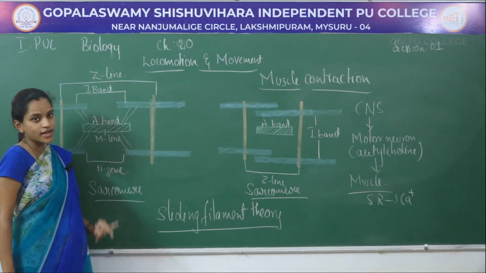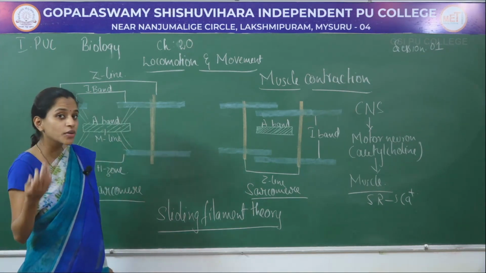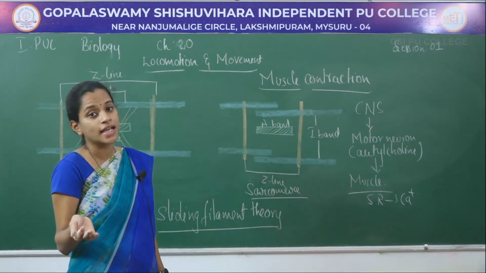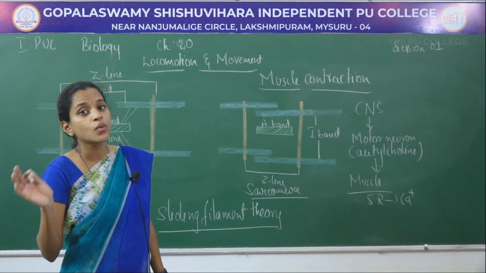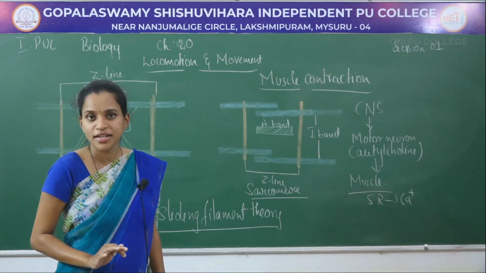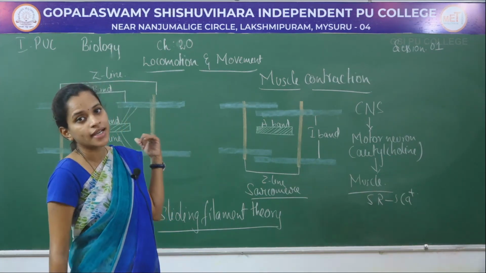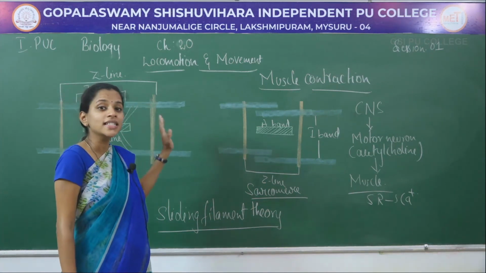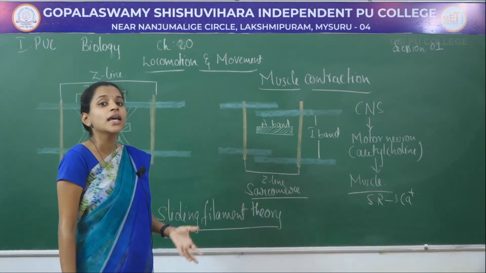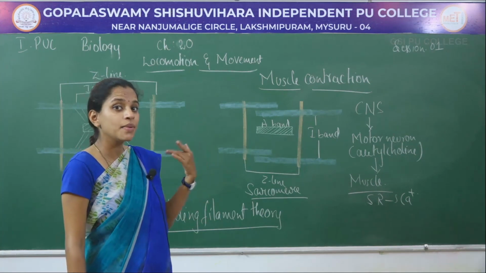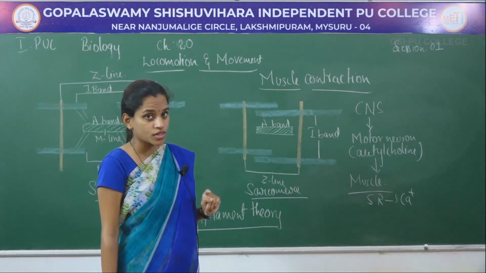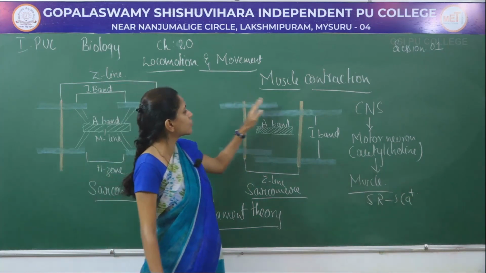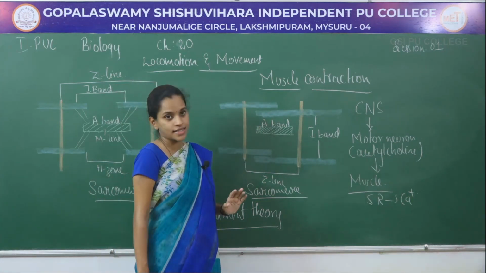Next, during contraction, what happens? Calcium will be released from the sarcoplasmic reticulum. That calcium goes and binds to the troponin, which leaves the active site of actin free so that the myosin head can attach. Next, when there is contraction, ATP will be bound to the ATP binding site of myosin, then they will pull, as I have told, the I bands from opposite sides.